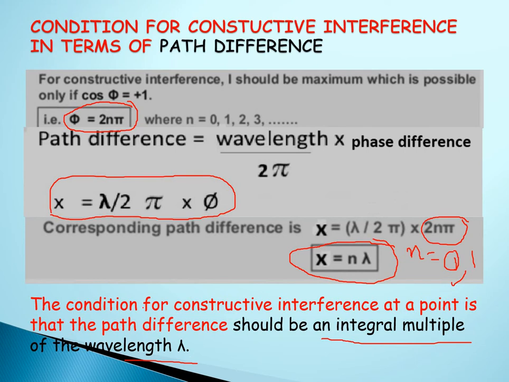So we have studied one more concept today. The condition for constructive interference in terms of path difference is that the path difference x should be equal to n lambda. Children, remember, for constructive interference, the condition in terms of phase difference is phi equal to 2n pi, and in terms of path difference x is equal to n lambda. If you understand and study, it's a very simple and interesting thing. If you don't understand properly, if you have not watched the previous videos, you may find it a big complicated thing. Actually, it's a very simple, interesting thing, but you should have the continuity.